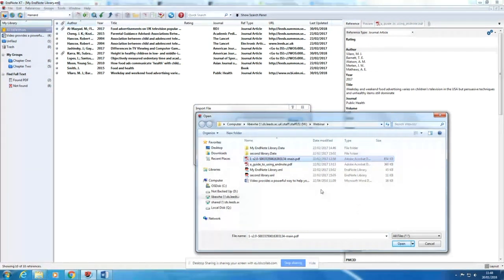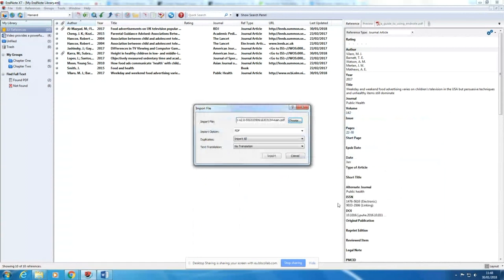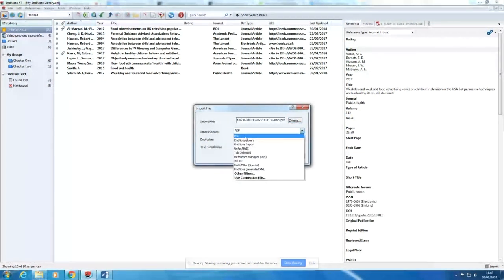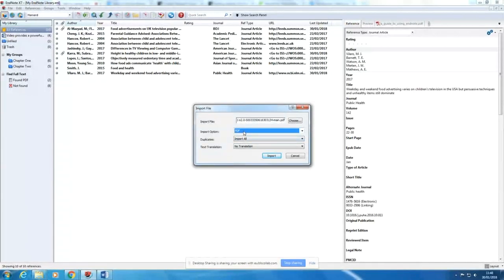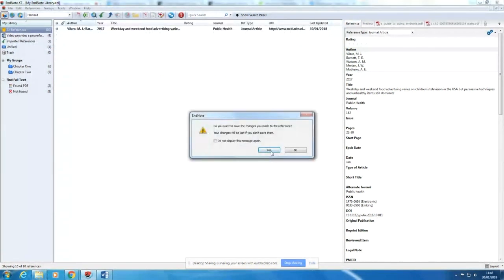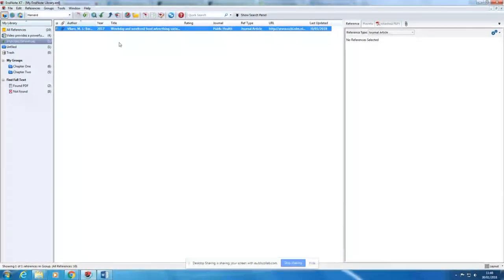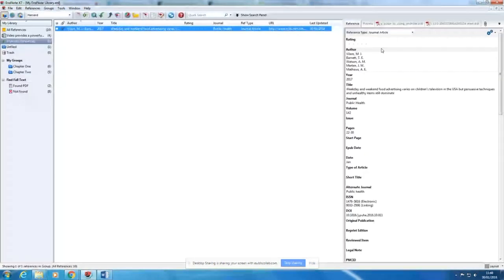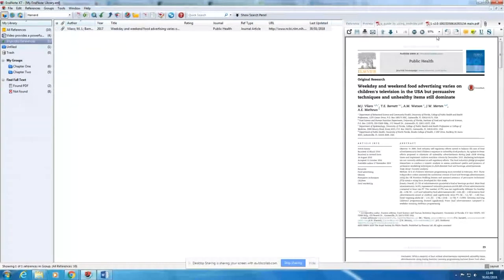So I've got an article downloaded and ready to go. So I'll choose it in my M drive and then I'll press open. It's really important that you choose the import option to be PDF. There's loads of different options, but the one you want is PDF. And then when I'm ready, I just press the import button. Okay, and it's added there the details of the reference. There we go. It's added the details of the reference on the right-hand panel,